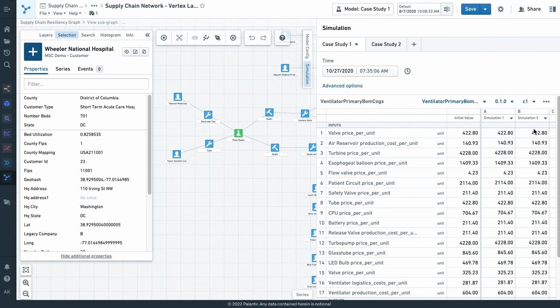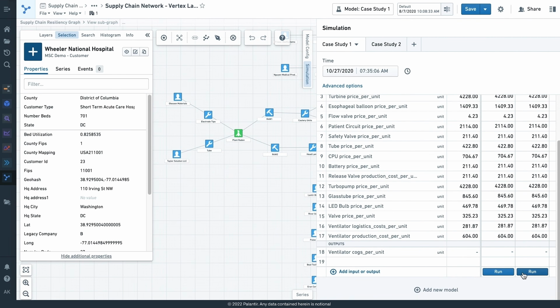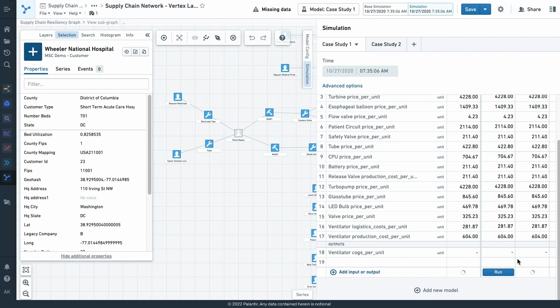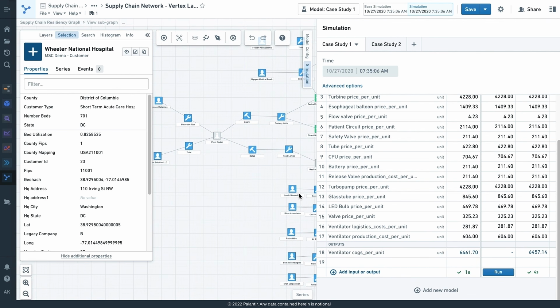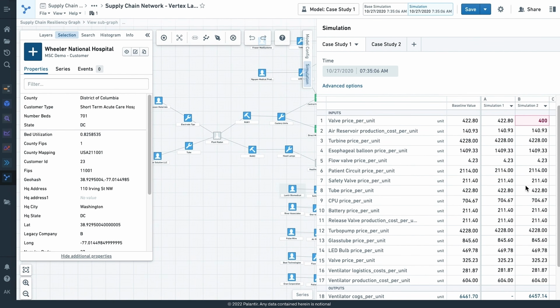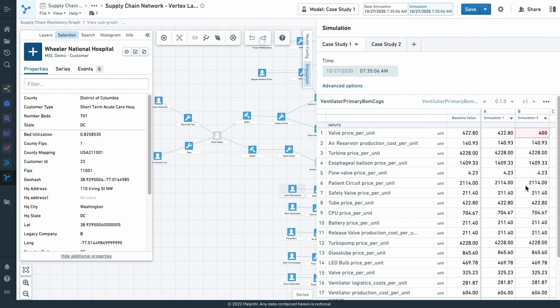And so in this case, I can make a very trivial change, right? Where I could say, let's literally just update the valve price per unit. What if it dropped to 400? Let's simulate across the entire chain what effects that would have across every dependent property that we have modeled in the ontology. That's a very trivial example. We can now have this modified simulation, or scenario state, continuously run as new data comes in, and we can continuously assess what its impact is.